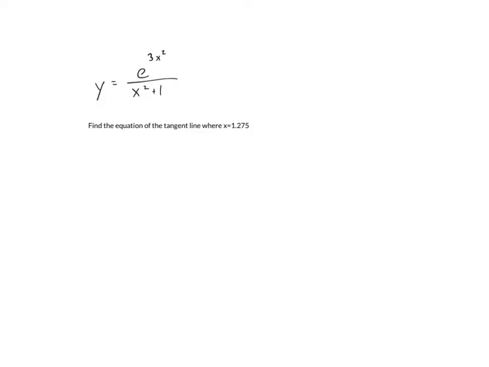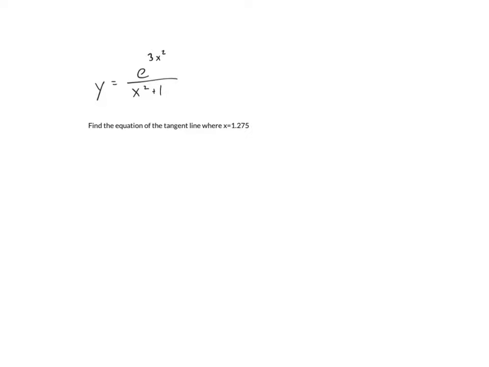Okay, so in this last example, a little bit more involved. We're given a function. I immediately see that it's a fraction, and I grimace and recognize that I'm going to have to use the chain rule, or the quotient rule. And it wants an equation of a tangent line. That's something we haven't done in a while, so we'll review that process. Okay,